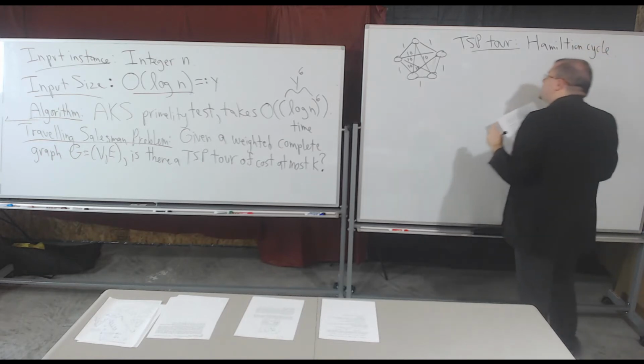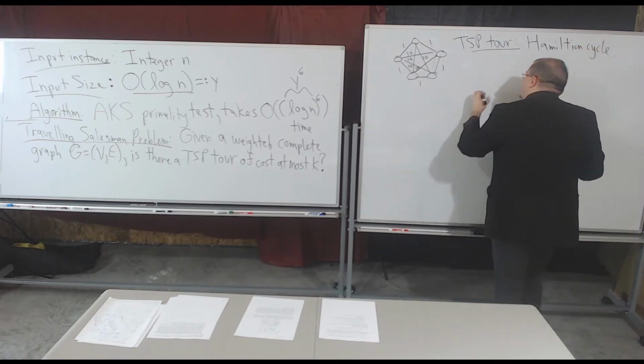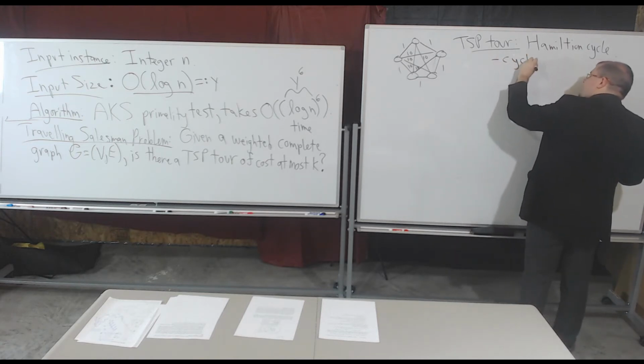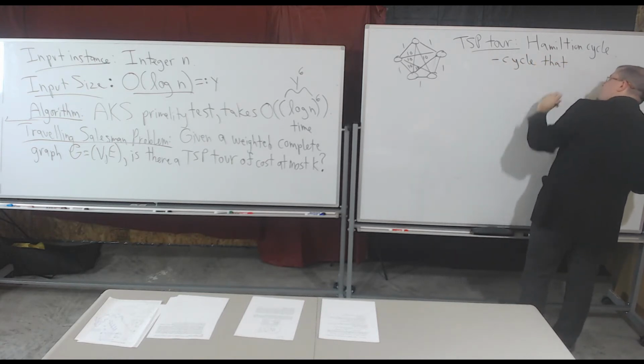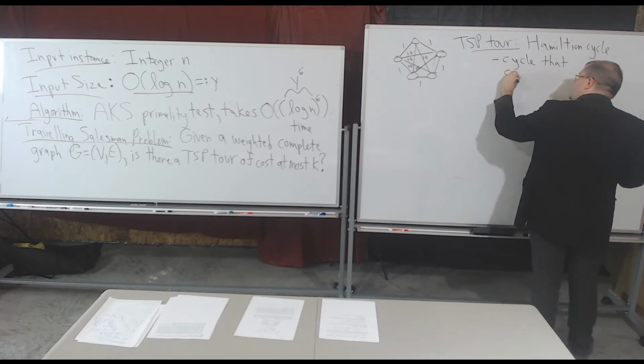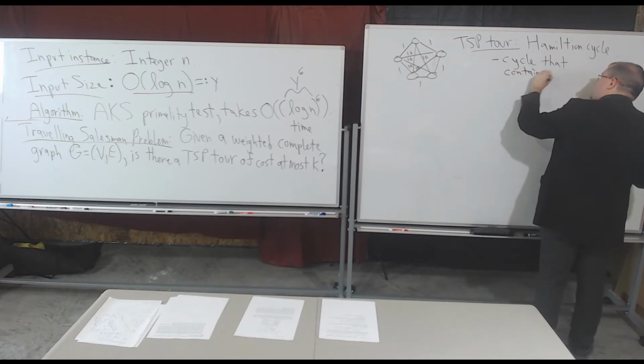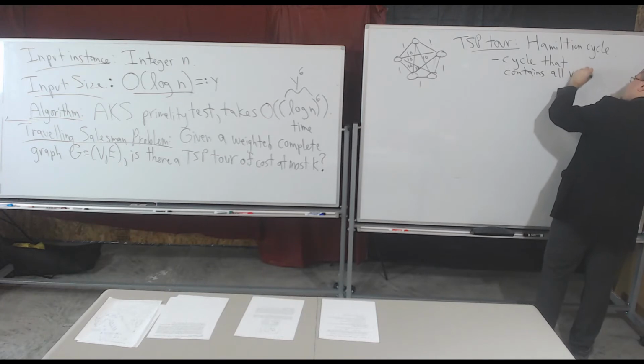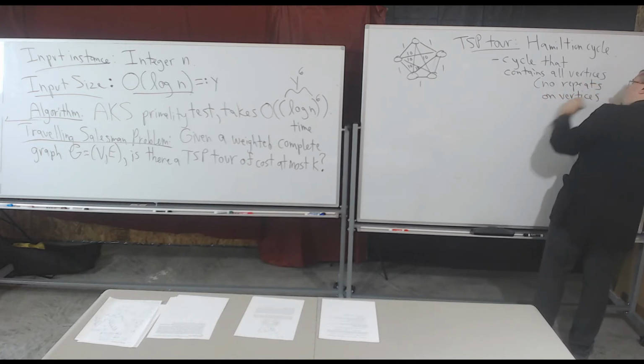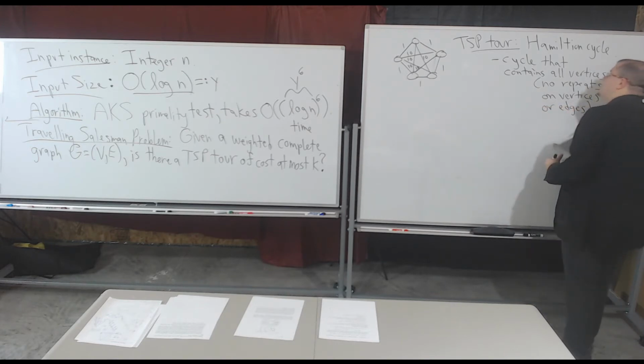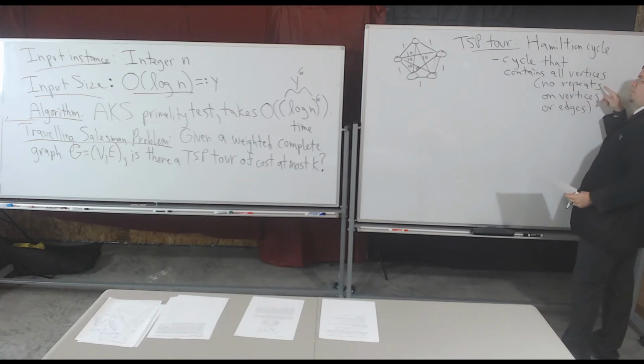So that means that it is a cycle that contains all vertices, no repeats on vertices or edges. So it is a cycle that contains all vertices with no repeats on the vertices or the edges,